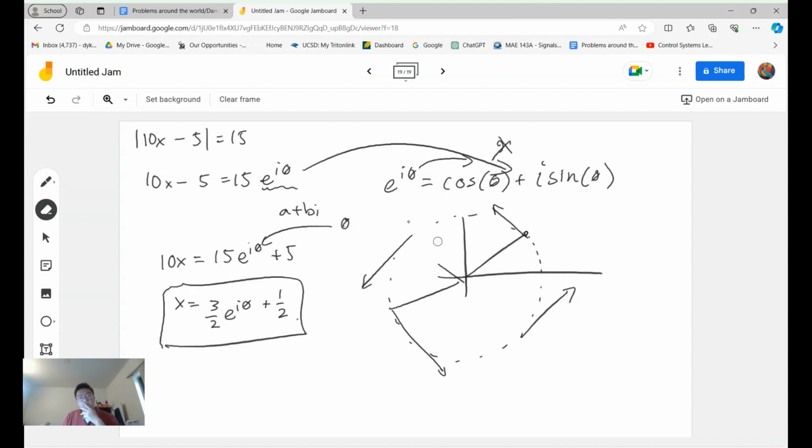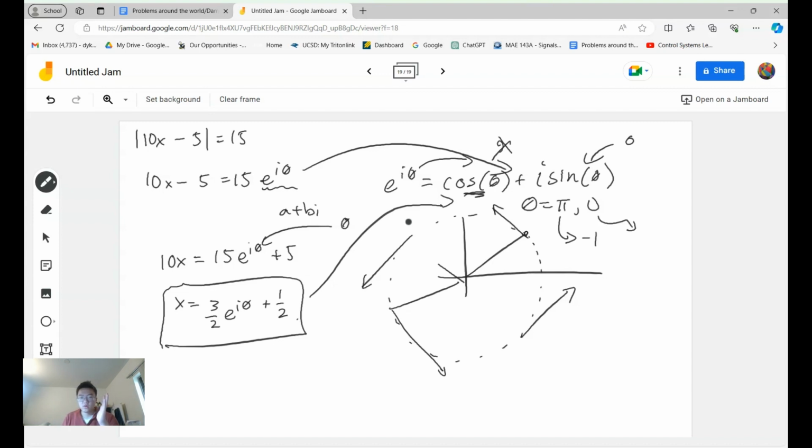Now, if this formula is true, if you want the real value, notice that if theta equals pi or 0, this turns to 1 while this turns to 0. So what you literally have to do is when this is 0, oh wait, cosine is -1. If this is 0, wait, do I explain cosine and sine this early? No, I don't. Well, this is something fun for you, but equals 1. So x equals 3 divided by 2 for real functions.